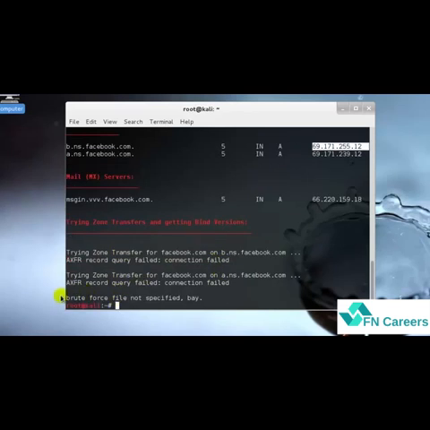It failed because I did not provide any brute force file so that it can go ahead and crack the DNS query. But we can still try to get extra subdomains via Google scraping. So let's try that and check what we get. I'll type DNSenum, and let's say -p 5 -s 20 facebook.com. Perfect. What it does is that p is the number of pages that it would check,